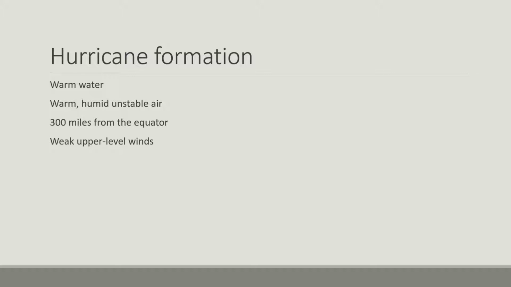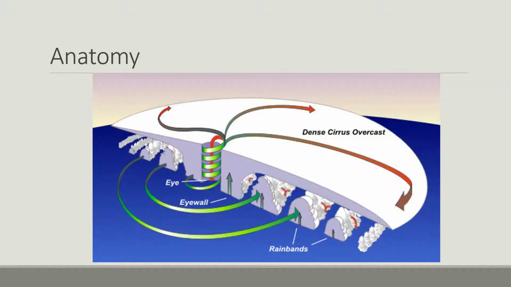And the last thing we're going to need are weak upper level winds. We want this storm to really exist right on top of itself, and so if we can have those weak upper level winds, we don't get any tilt to the storm. And so we have rising air and sinking air that can be running parallel to one another and really not shutting it down like we saw in the dissipating stage in our regular storm formation last week.